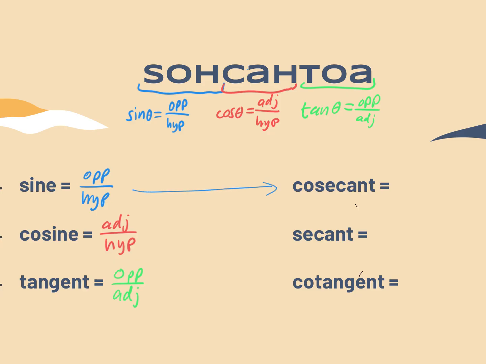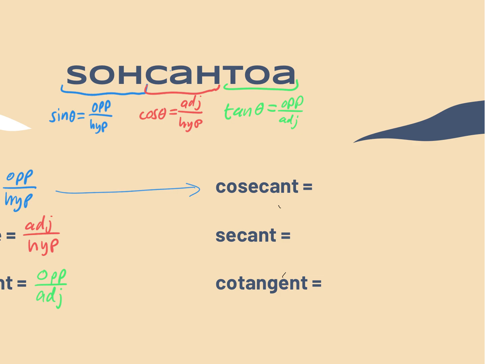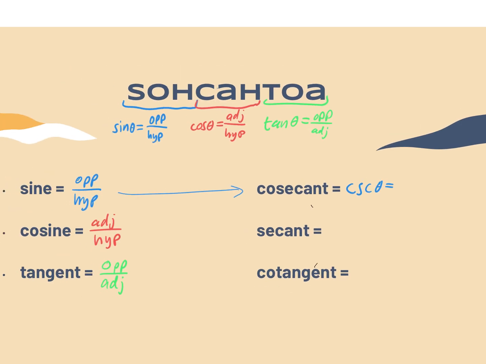So what you should remember is that sine is going to go with cosecant. The abbreviation for it is going to be this CSC. So CSC of an angle, theta, is going to be the reciprocal of sine. If sine is opposite over hypotenuse, then cosecant is going to be hypotenuse over opposite. All right, similarly,